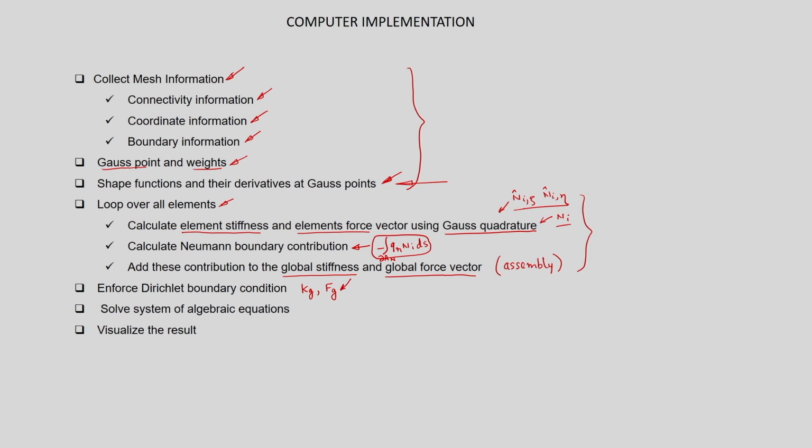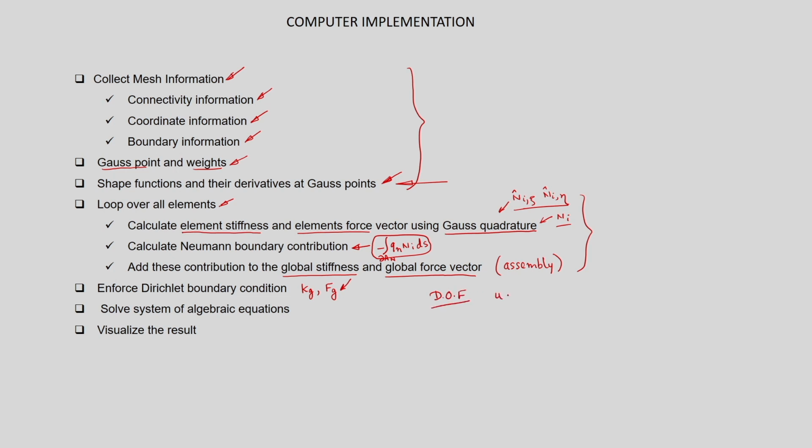Now, what we have to do? Now, we have to enforce the Dirichlet boundary condition. So, we have seen in the example using the linear independence of the phi i's, we basically enforce the values of the alpha i's, alright, that is the degree of freedom for the system. Now, what is this degree of freedom? Let us understand what is degree of freedom.